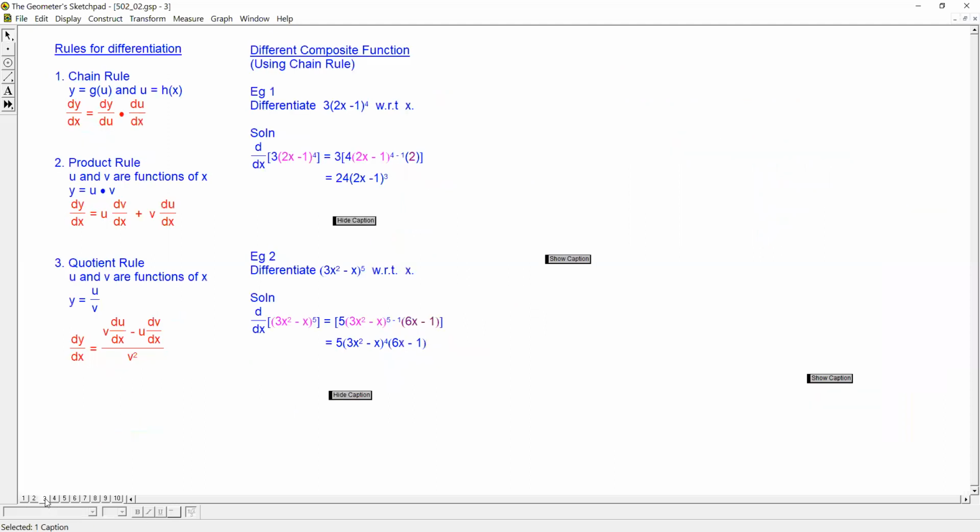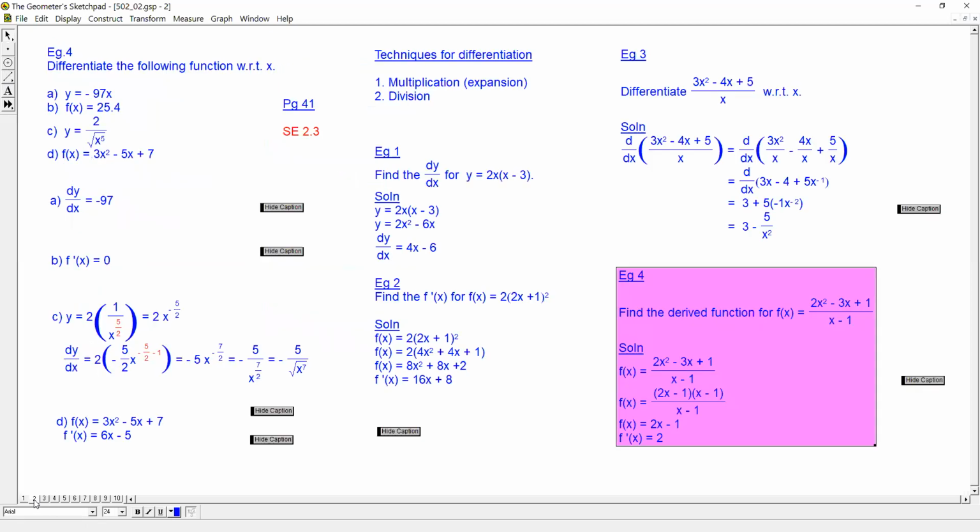The method will be shown here: chain rule, product rule, quotient rule. This one I'm going to show you tomorrow and next week, right? So meanwhile, for this type of problem, you have to factorize so that you can cancel one of the factors away. As you factorize and cancel one of the factors, you are only left with 2x minus 1. 2x minus 1 is not the dy/dx yet. 2x minus 1 is not the derived function yet, right? So you have to